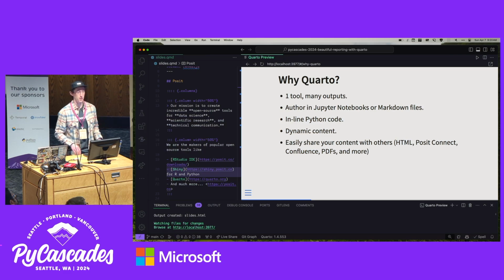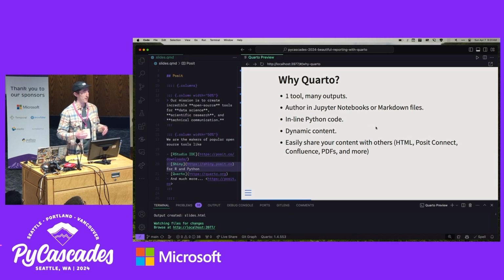You can author in Jupyter Notebooks or in plain Markdown, whatever you prefer. I prefer plain Markdown, like you can see on the side here. You can have inline Python code, which is one of the killer features for me, and I'll show you what that looks like. You can create dynamic content, and then you can easily share with others. You can publish to Confluence, an HTML page, Posit Connect, PDFs, Word documents, many different formats, all from Jupyter Notebooks